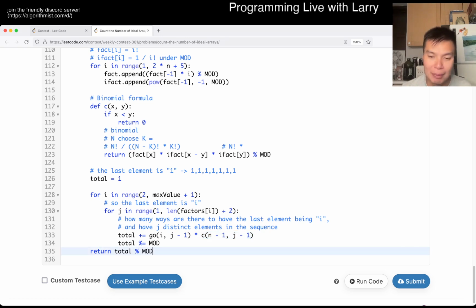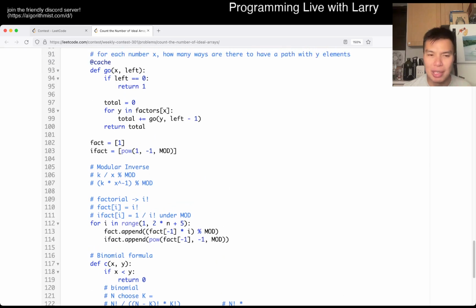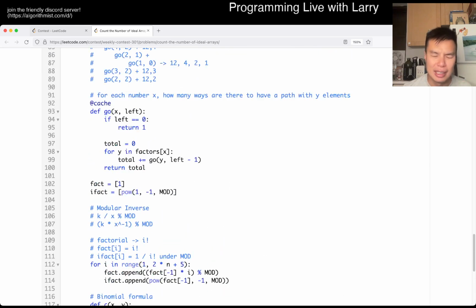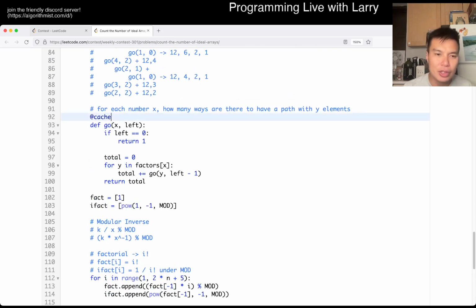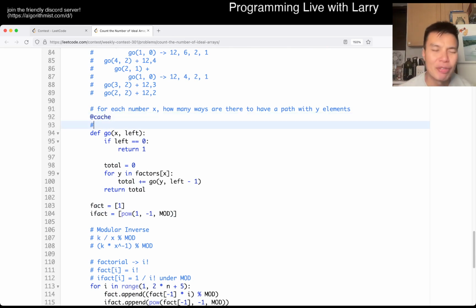I spent a long time doing this. During the contest, I didn't get it. The key part, though, that I kind of forgot, I don't think I talked about this actually. The key part about this, and we'll talk about this in terms of the analysis, is that, well, I did it really in this way, but